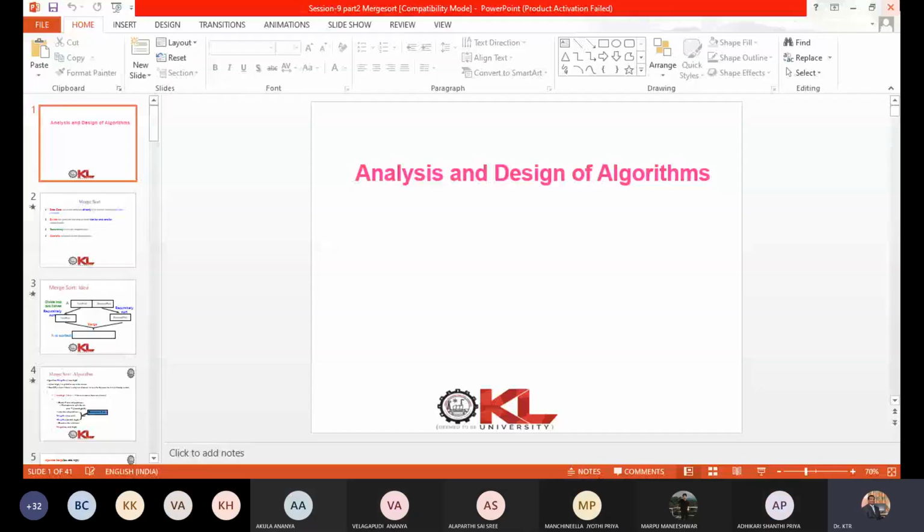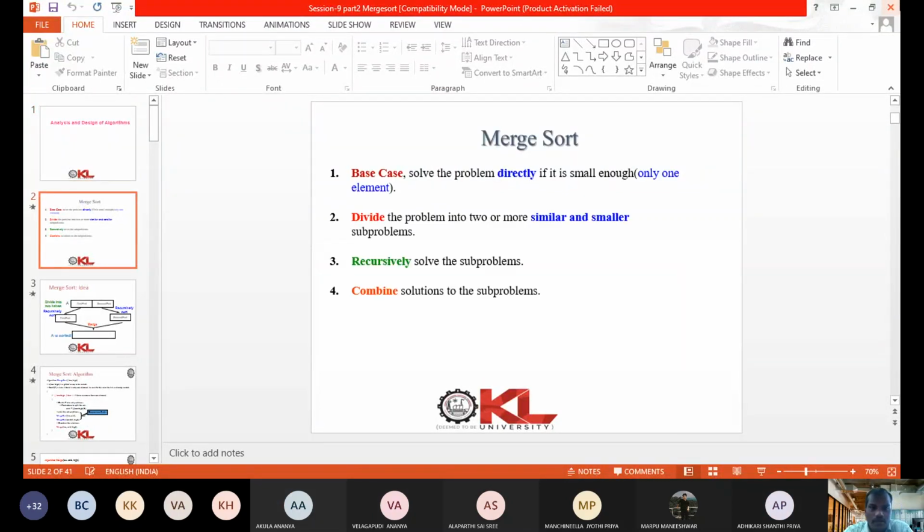Merge sort is an example of divide and conquer. In merge sort, we are sorting the given list of elements in ascending or descending order. If the number of elements in the given list is small, then we can directly use bubble sort or selection sort.